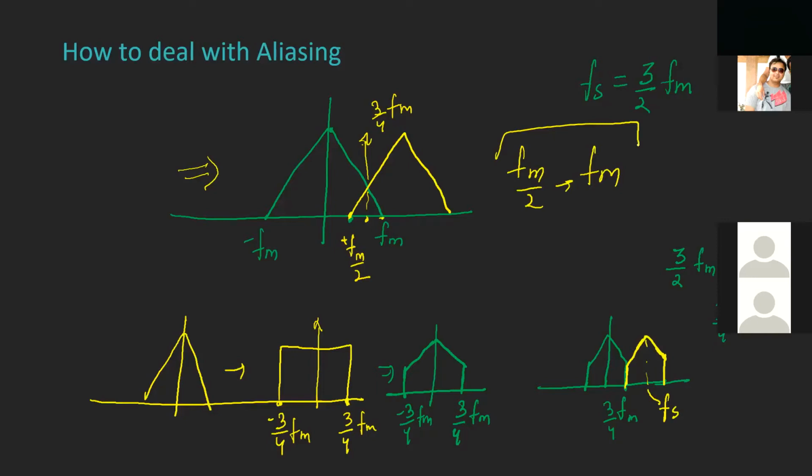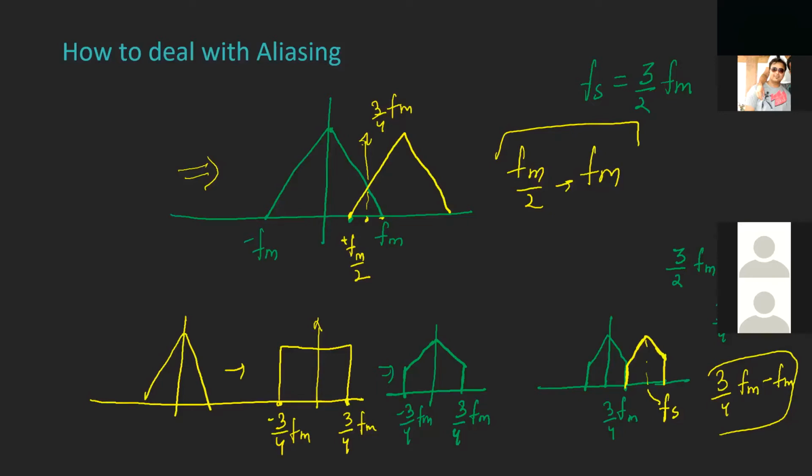Now, in the case when I passed it through a low pass filter first, then sampled it, my impacted frequencies are 3 by 4 fm to 2 fm, because we see that our shape has distorted now. So, to answer your question of how to deal with aliasing, the answer is we cannot perfectly eliminate aliasing. We can only minimize it. This overlap means if we have any bit of data in that frequency range, it is going to be lost. We are not going to recover it. We are going to lose it.